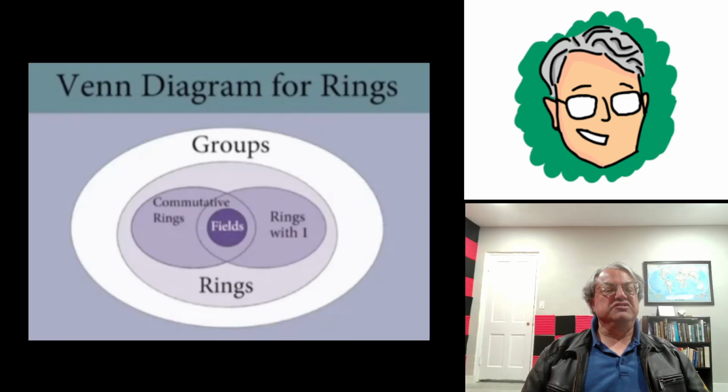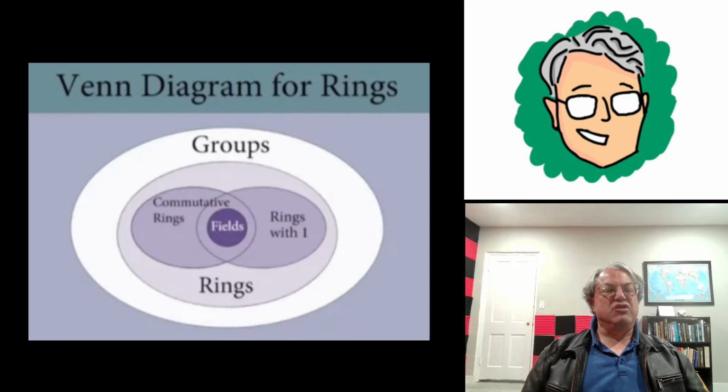The set of commutative rings is a subset of the set of rings, and so is the set of rings with identity, but then they intersect. We also have commutative rings with identity. That's what I'm calling rings now. So when I say the word ring, you really should be thinking of this kind of sideways eye in the middle. It's the intersection of these two dark blue subsets of the set of rings. And then inside that, we have the set of fields. So a field is an even smaller set.